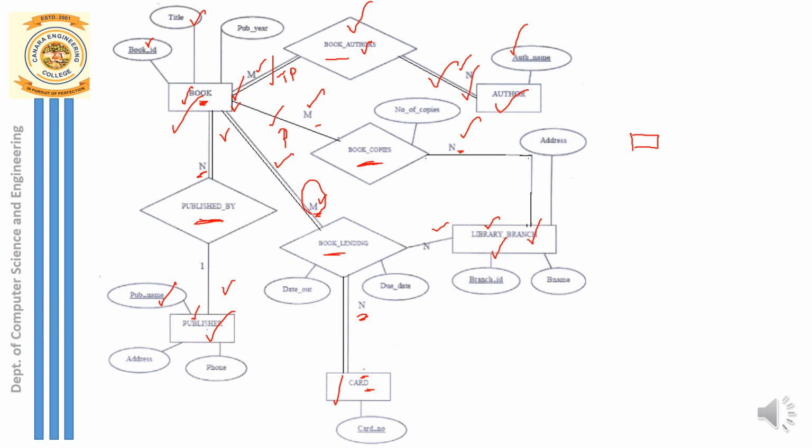So I hope this concept of partial participation, total participation, and the cardinality ratio 1:n, m:n is clear here. This ER diagram is a part of design, and in the exam you might be asked to write either an ER diagram or a schema diagram, or sometimes both. So remember the notations, carefully write the attributes, represent the primary key by underlining it, and don't forget to write the cardinality ratio and participation constraint. The participation constraint and cardinality ratio are left to the user's perspective. You can give proper justification for the constraints that you specify. I hope this is clear.